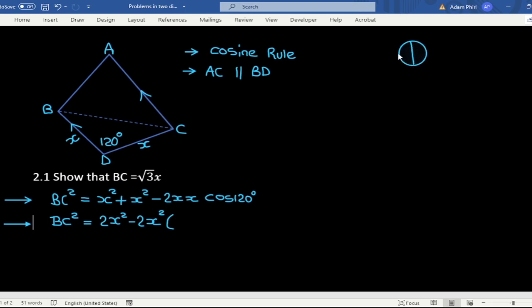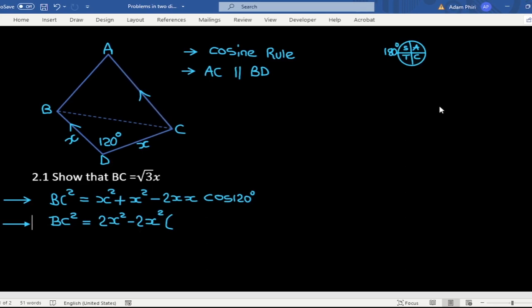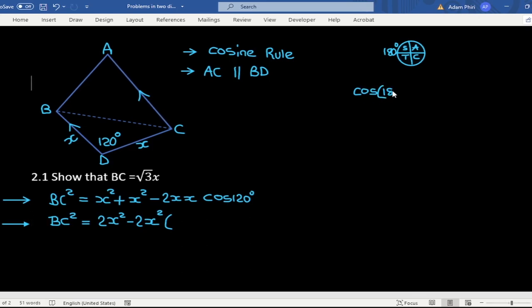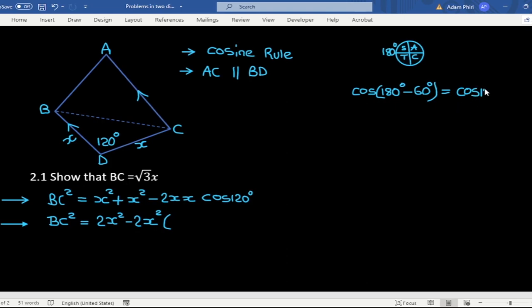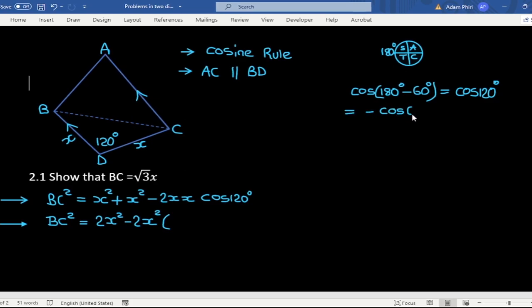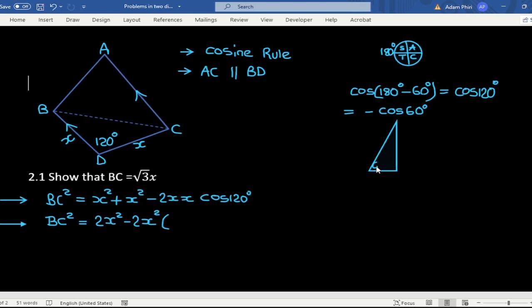So we need to know that we have ABDC, all that sine, tan and cos. So we have cos 180 degrees minus 60 degrees. That is going to be cos 120 degrees. So which means cos 180 minus is going to be negative cos 60 degrees, and then we have